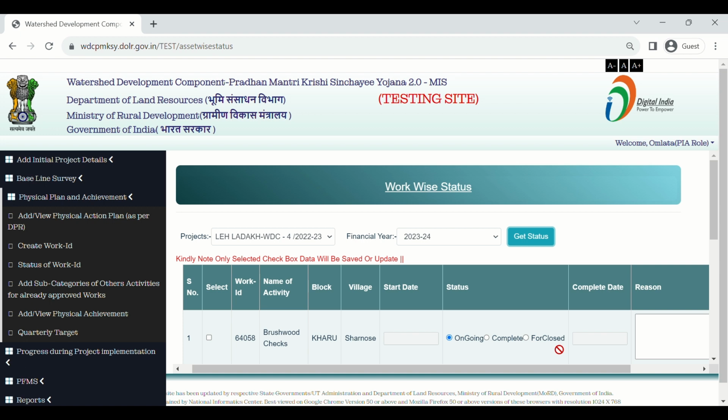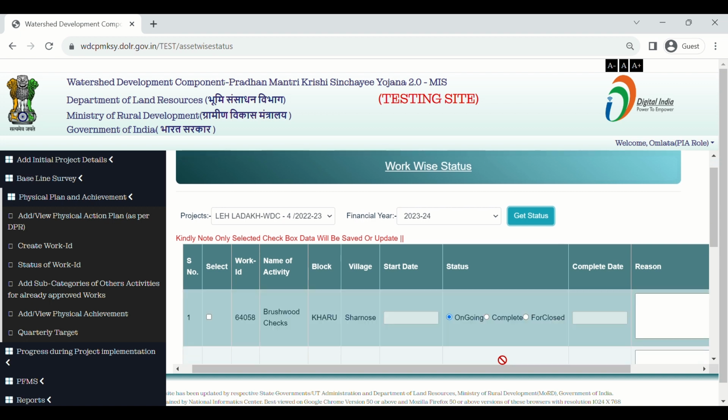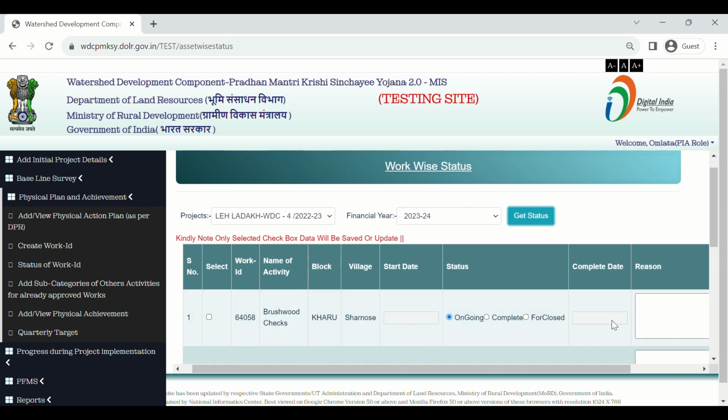In the case of ongoing status, you must fill the start date, and in the case of complete status, you must fill the start date and complete date. And in the case of foreclosed status, first you have to save your status ongoing and then you have to save your status foreclosed. In the case of foreclosed, region is a mandatory field.